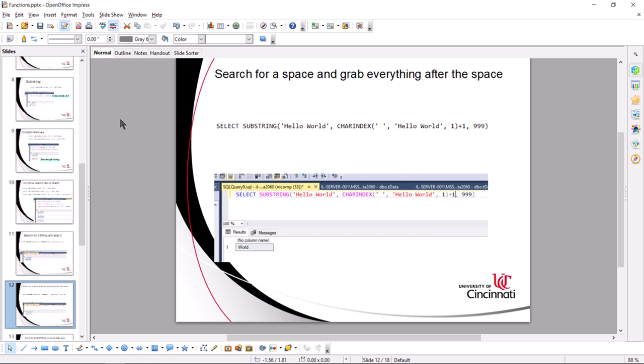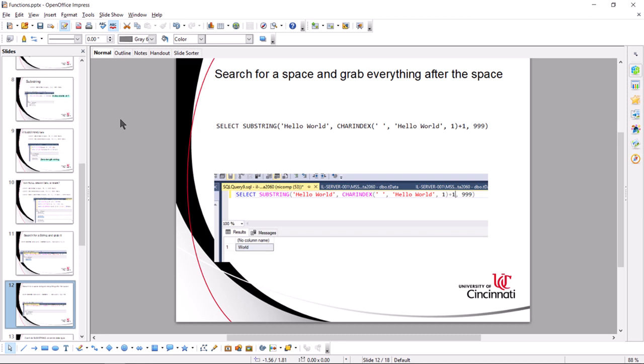Here's a variation on what we just did using CHARINDEX nested inside SUBSTRING, and we are finding a space using CHARINDEX, then we're grabbing everything after the space. This is a way then to get perhaps a division between first name and last name if we know there's a space between first name and last name, if we know there's a space in a phone number, if we know there's a space in some type of data that's being given to us. We can use CHARINDEX nested inside of SUBSTRING to extract part of that string using the space as a